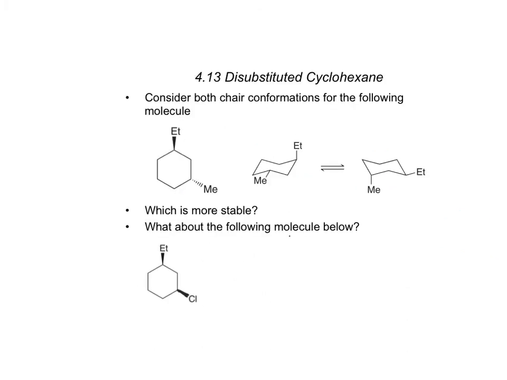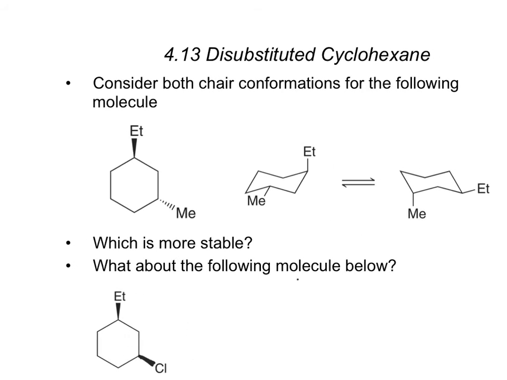Monosubstituted cyclohexane. Now we're going to talk about energetics and how to know who is the highest energy chair conformation, who is the lowest energy chair conformation with multiple substituents on it. Okay, so let's say, for example, that we had our little disubstituted